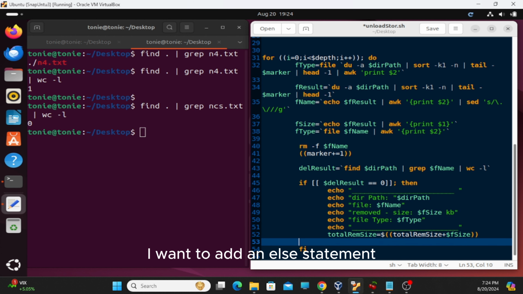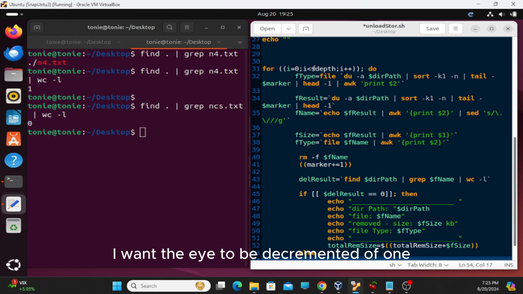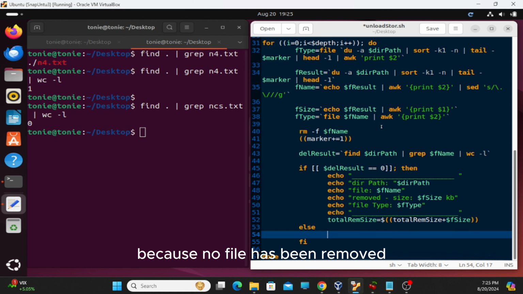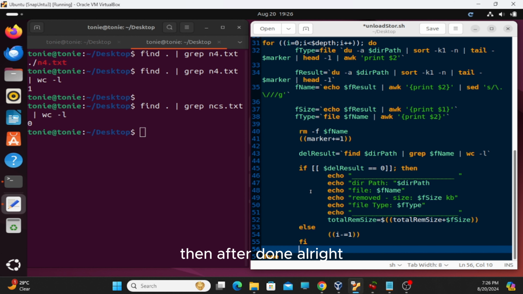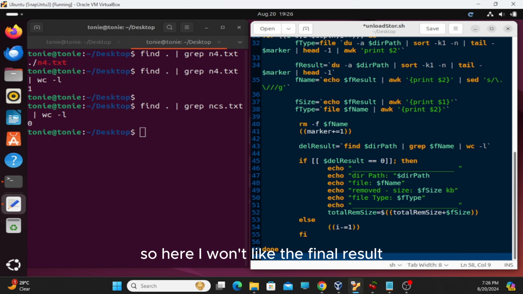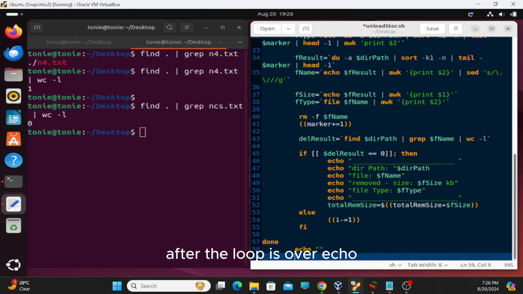Okay, else, I want to add an else statement. I want the I to be decremented by 1 so that it will repeat once again, because no file has been removed. I need to make up for it by re-decrementing the I so that it will start again. Alright? Minus equal 1. Then after done,